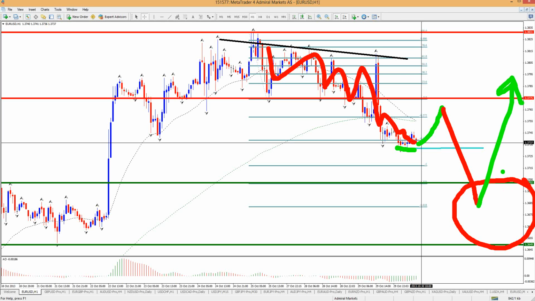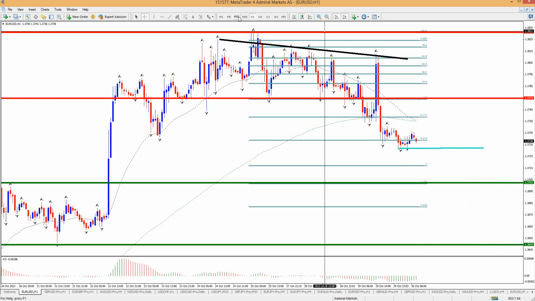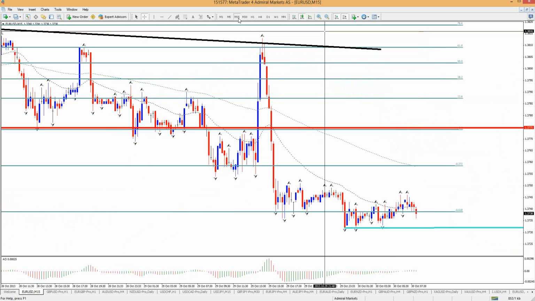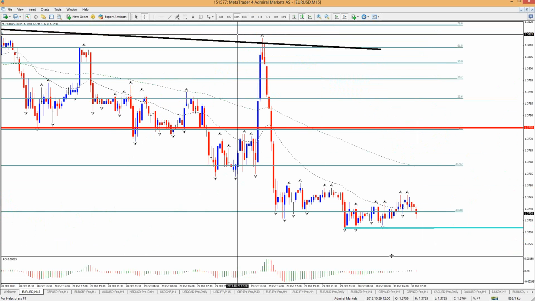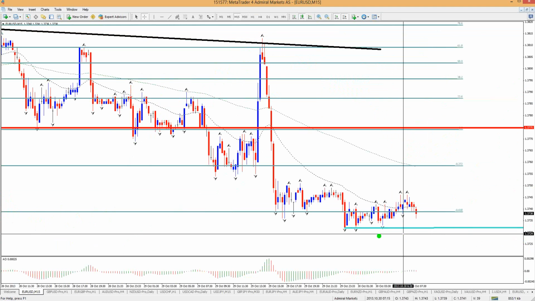So personally, I don't see much potential for the upside. So I wouldn't say that's that interesting to me. So personally, I wouldn't want to trade that. Yeah, that's about it. Let's see if we can break this bottom.